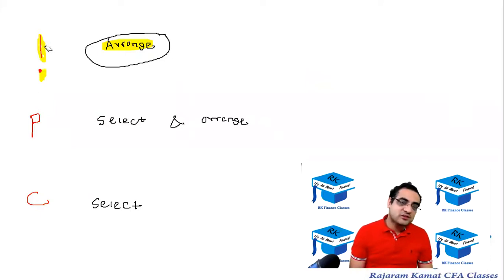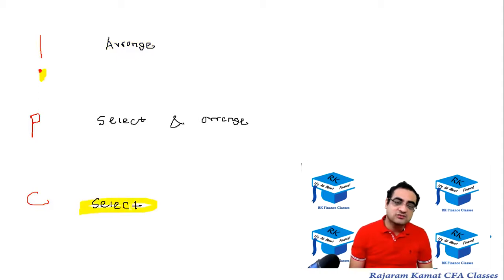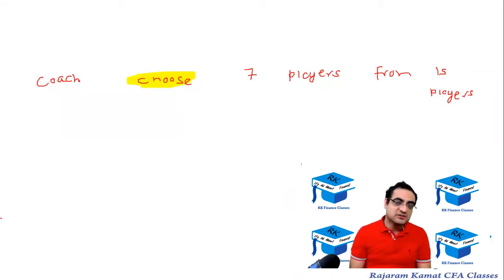So in this case, if you have to only choose and you can't arrange it, it's selecting, that is choosing, but can't arrange it, is called a combination. So here you have to use a combination function. So let's see how to use this combination. In how many ways can you choose 7 players from 15 players?